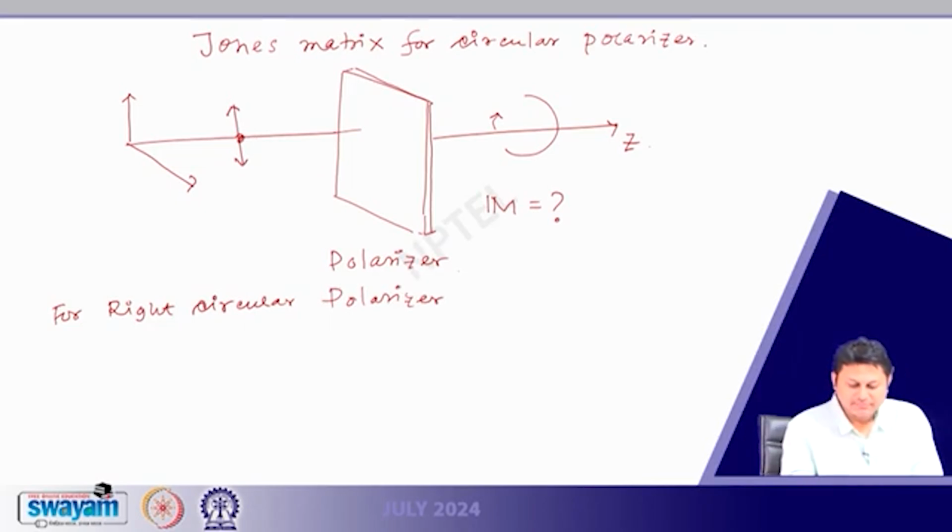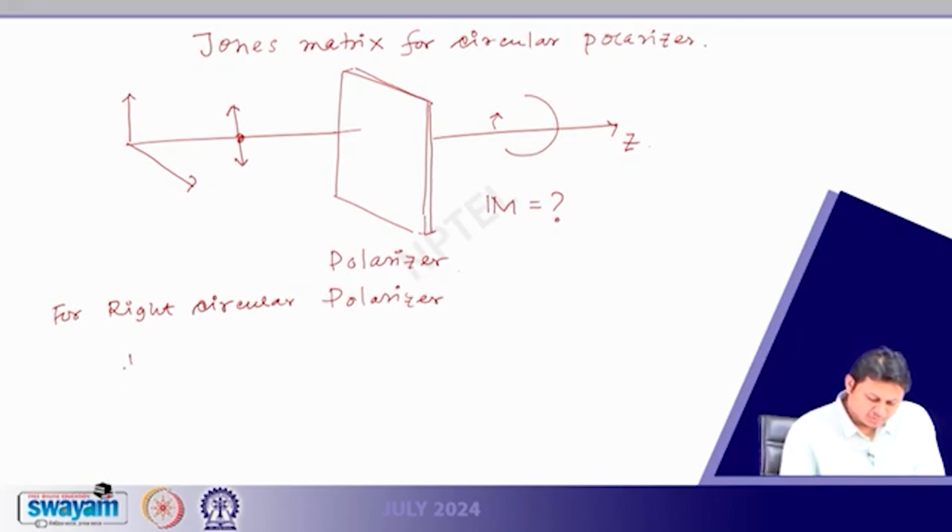If linear or any kind of polarized light is passing through, then at the output we always get the right circular polarization. So our aim is to find out